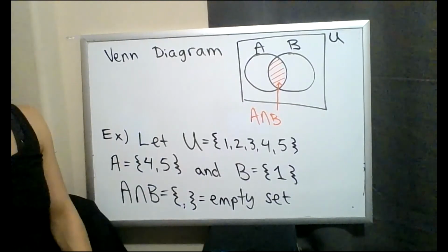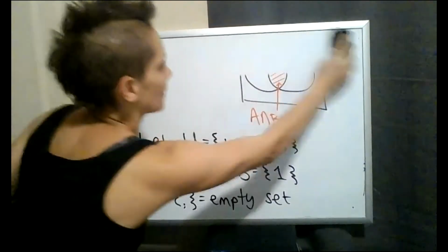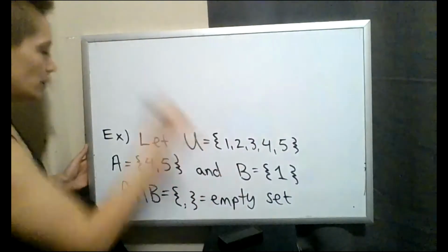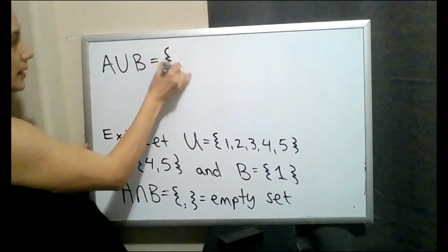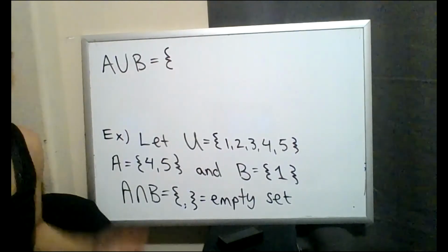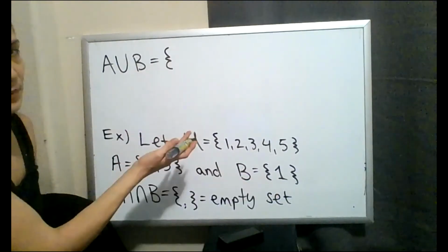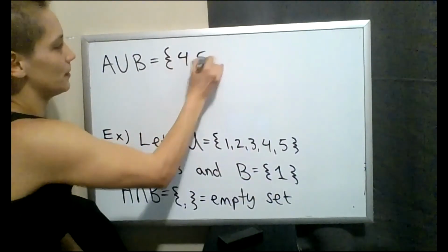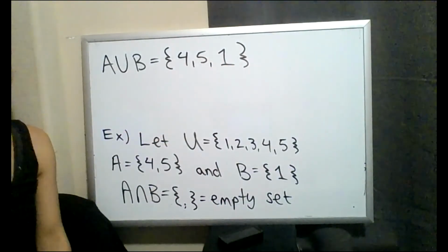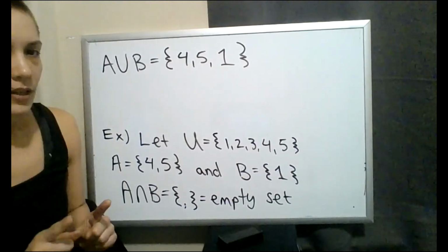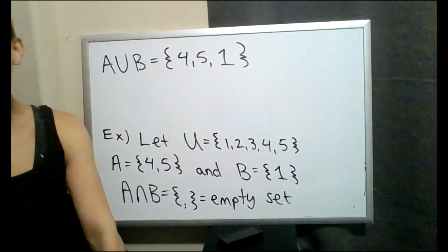The union of A, or let's say A unioned with B, that's our next goal. I'm going to start with the curly bracket. So you take the elements from A, put them together with the element from B, and they don't have to be in order. 1, close your set. Okay, A complement and then B complement.